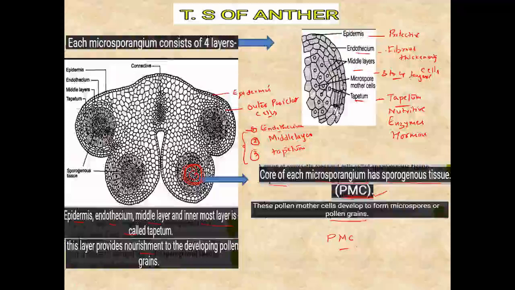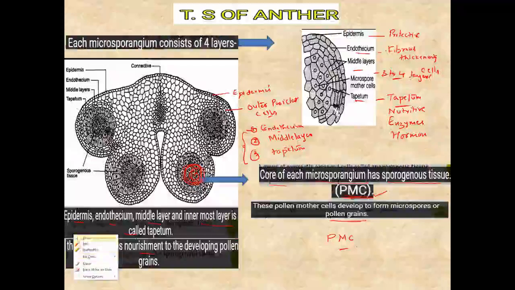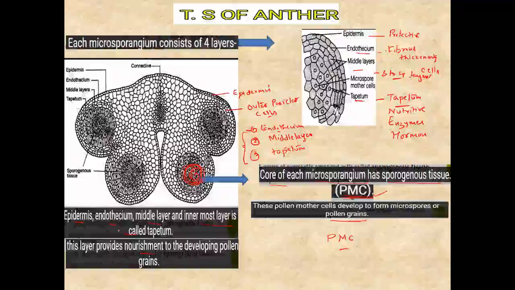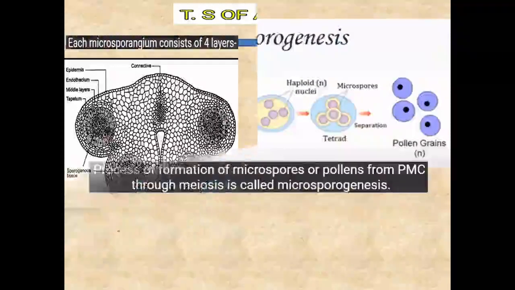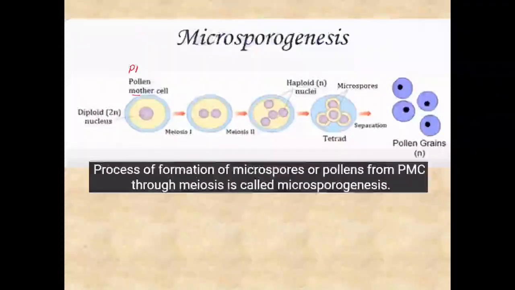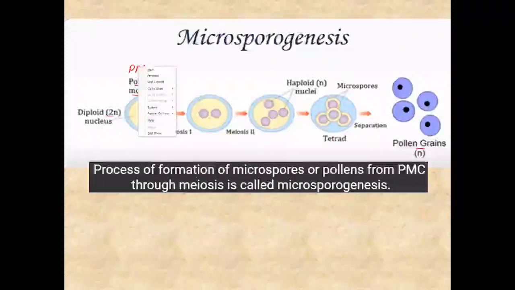It is this mass of sporogenous tissue which will now start functioning as the microspore mother cell. So what happens to this microspore mother cell or pollen mother cell? This pollen mother cell or microspore mother cell is diploid in nature. So development of this pollen grain from the microspore mother cells means development of the pollen grain